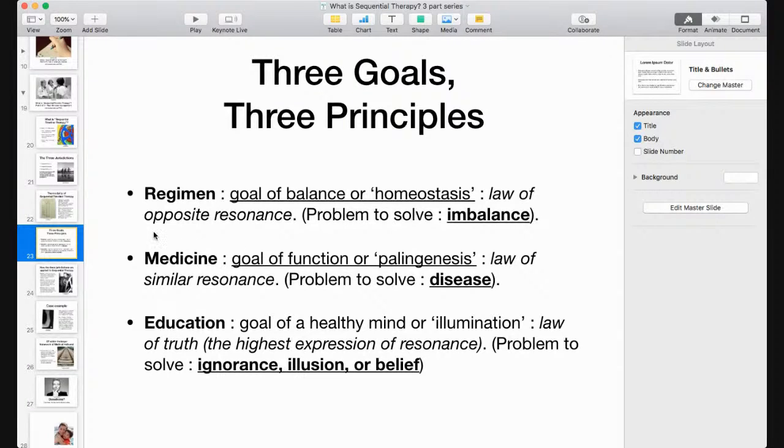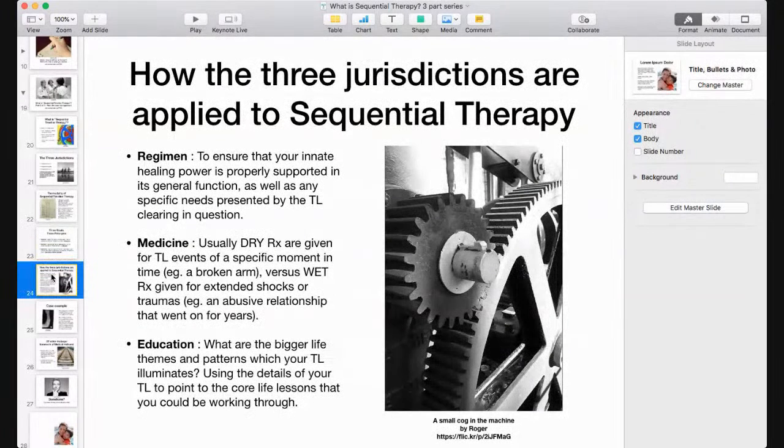So this is just a refresher, but just keep these principles in mind, because I'm going to show you now how these are applied in clinical setting in terms of how we go through the sequential timeline process. So again, fairly briefly, but just to give you a proper orientation and an idea, we start with the first jurisdiction of regimen and how that applies to sequential therapy, when it comes to going through someone's timeline, treating the shocks and traumas,